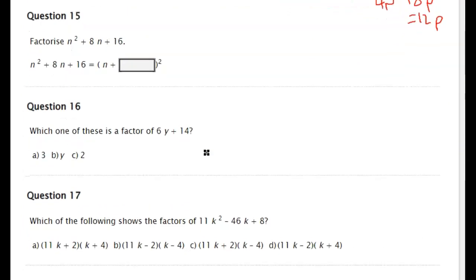All right, question 15. Factorize n squared plus 8n plus 16. All right, so what we need here is,